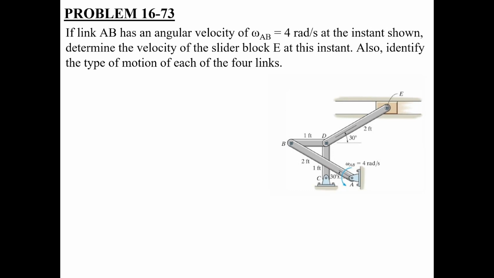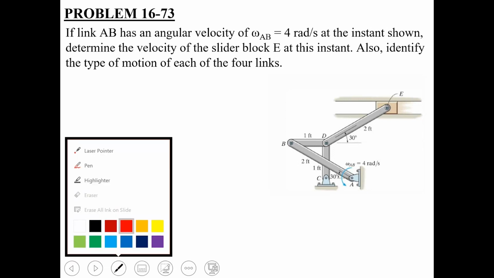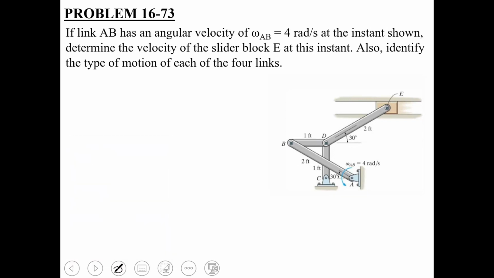You need to identify which type of motion each of these links is undergoing, and then you need to find out the velocity of this piston E or slider E or collar E, whatever you want to call it, at the instant shown. So the motions we identified, if we talk about this overall mechanism,